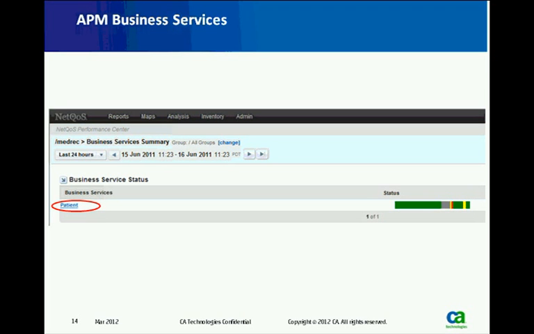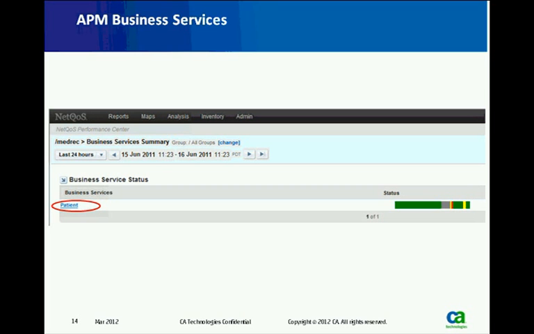Their status is revealed over on the right so that you can see when performance was good or when it was compromised. There's full time navigation up top if you wish to look at the last hour, the last day, the last week, or any particular custom time frame. You do that with the time navigation, and APM will send up that data and reveal it here in Performance Center. The data is not stored in Performance Center. It's just queried and displayed based on what you're asking from